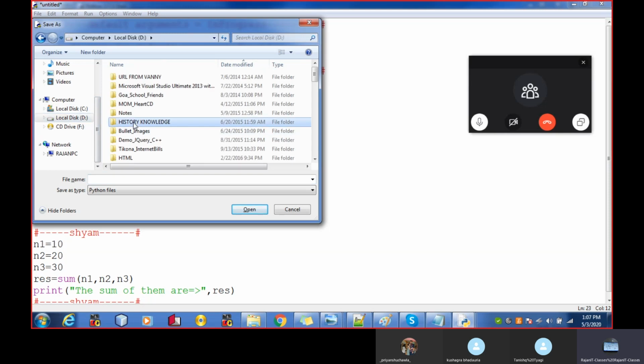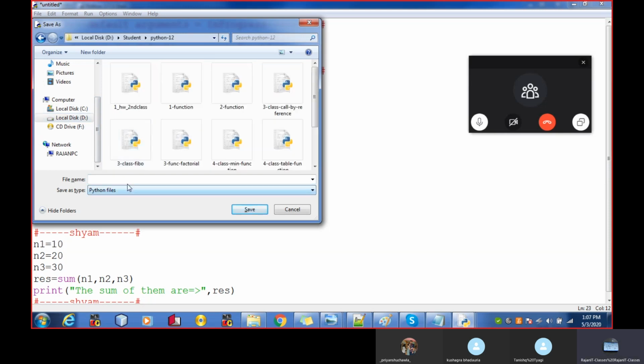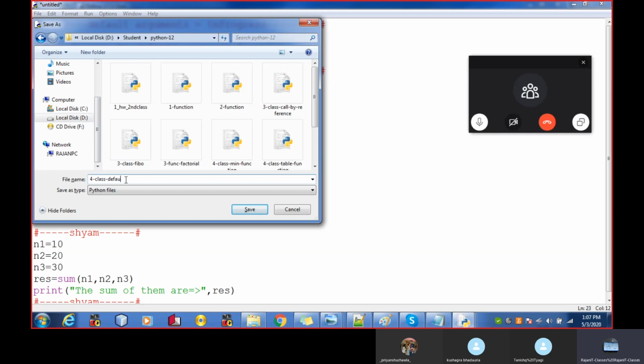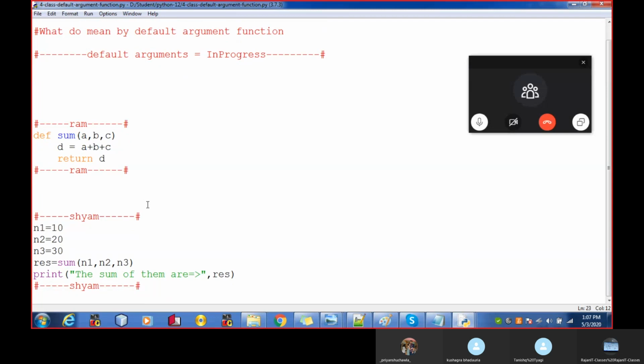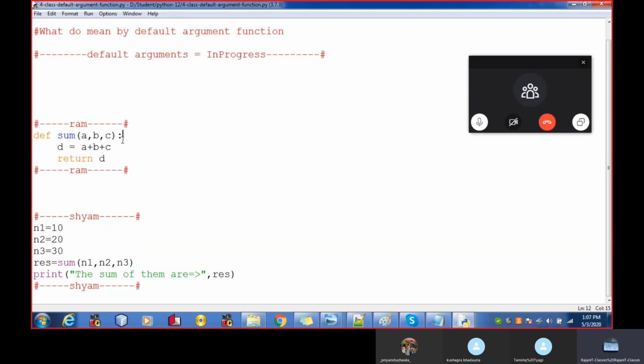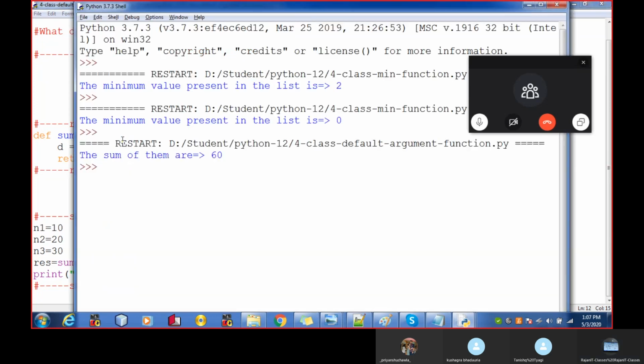This is the fourth class and it's about the default arguments. Let's run this. Let me put the colon sign which is part of the syntax.